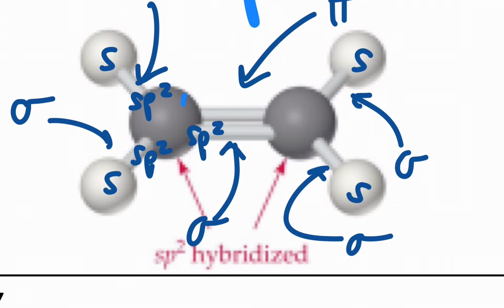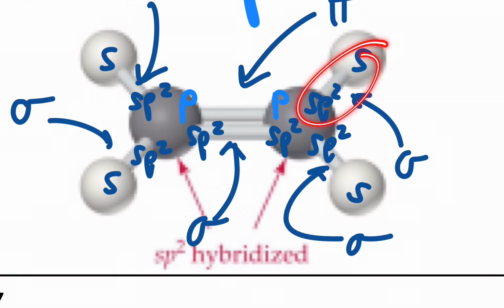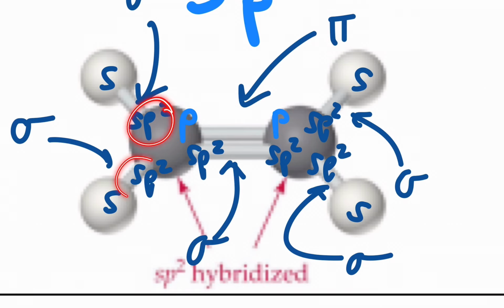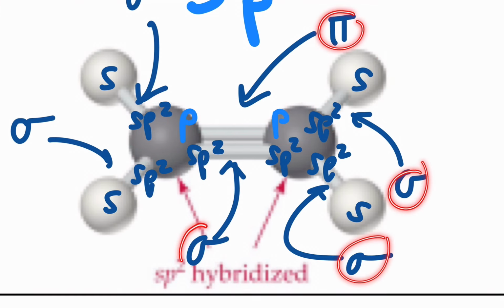And then there's one other unhybridized p orbital, and that's where the pi bond comes from with the other carbon. So then 3 sp2 orbitals in this carbon, and there's everything. So we have a sigma made out of an s and an sp2. We have another sigma made out of a different s and an sp2. We have another sigma made out of 2 sp2 orbitals, and we have a pi bond made out of the 2 p orbitals. So we can track every single orbital, hybrid or not, and assign it to every single bond